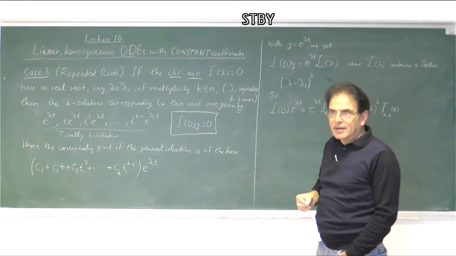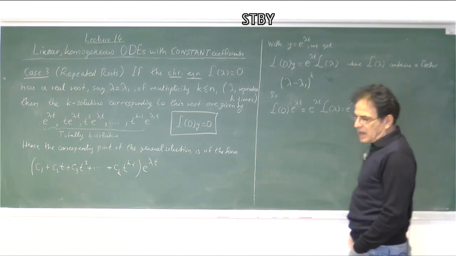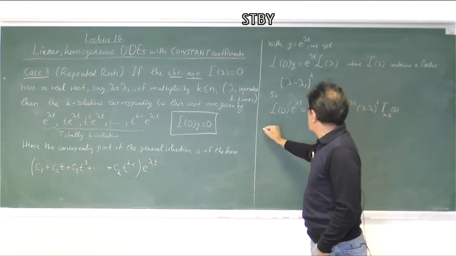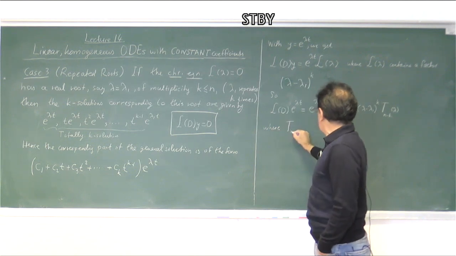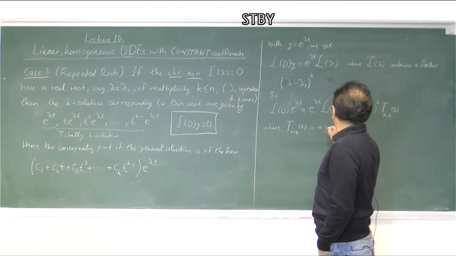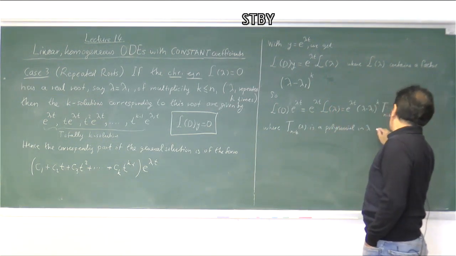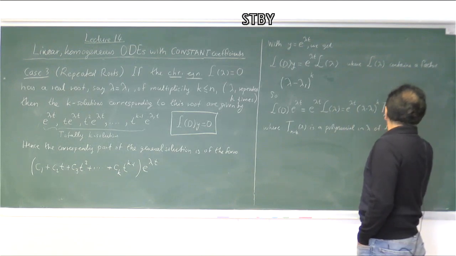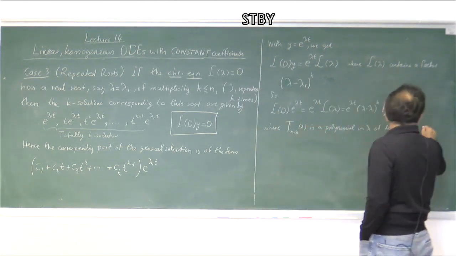Okay? Lambda, yes, of degree n minus k. So let's finish our sentence, complete our sentence where t n minus k of lambda is a polynomial in lambda of degree n minus k. Okay, such that,